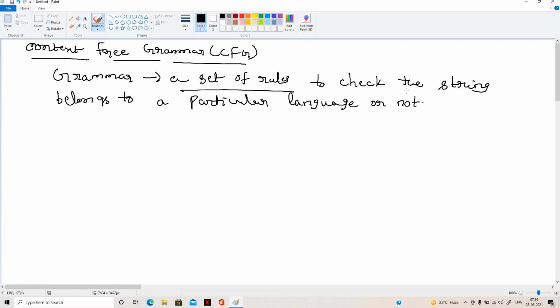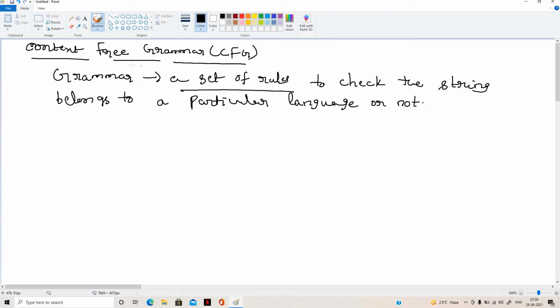So this is the general definition of the grammar. Language is nothing but a set of strings.